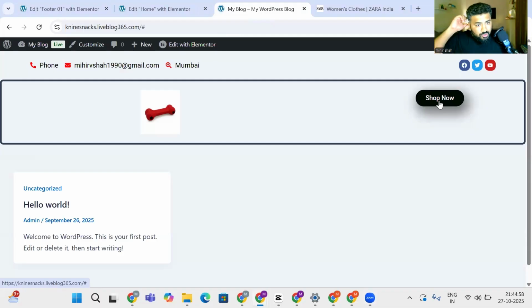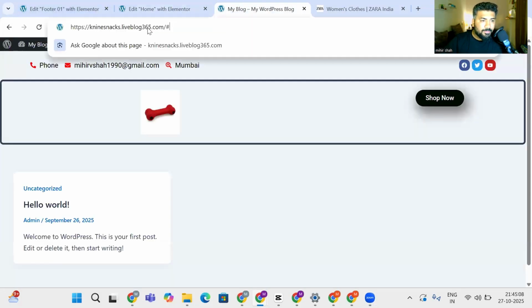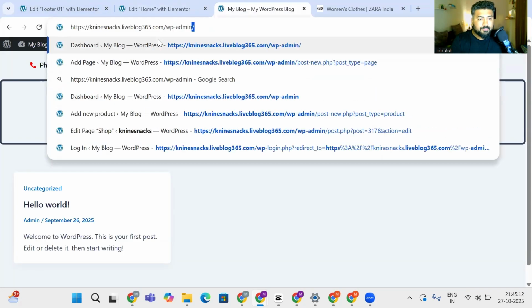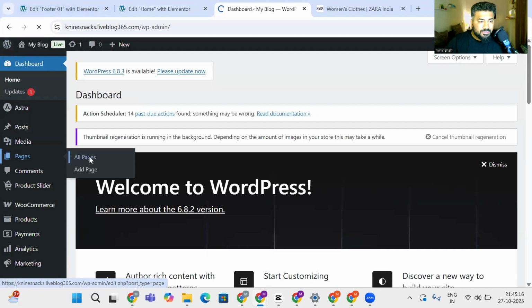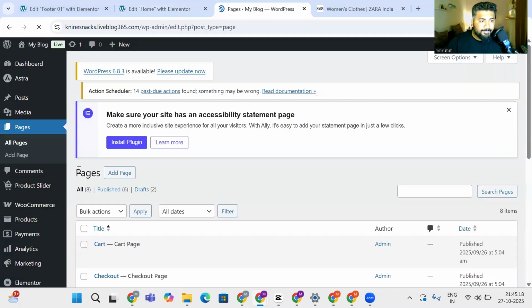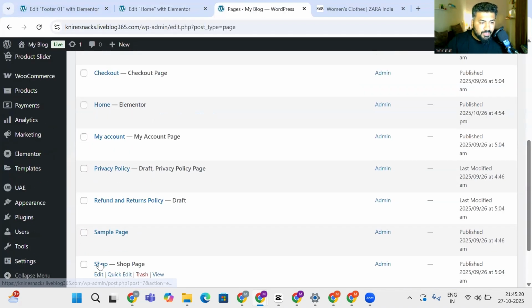So if I go to shop, now again this button is not clickable, should not lead to any place, but from here if we go to, let's say for example, our backend, and if I go to pages, all pages, and if I select our shop page,